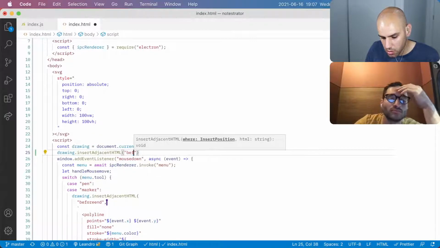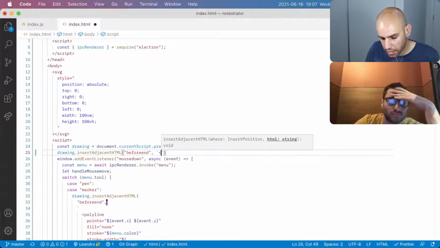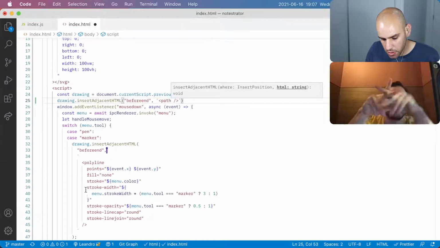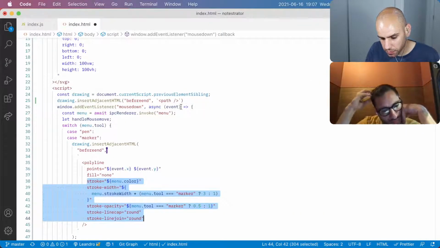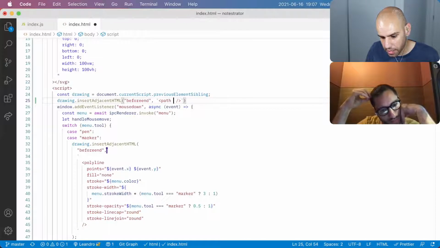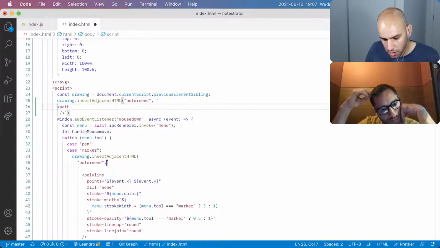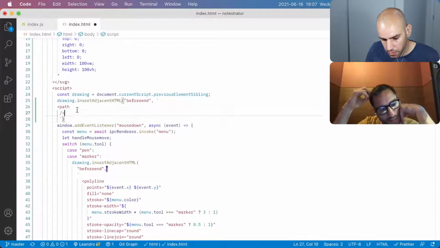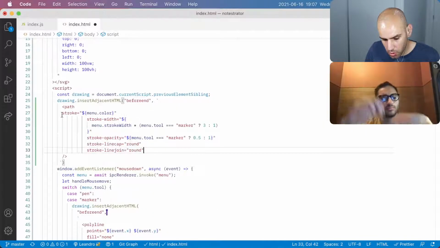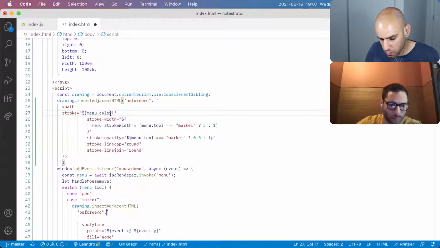We will add one of those path SVG elements, and we need some stroke properties so that we can actually see the path. So we want the stroke for this example to be